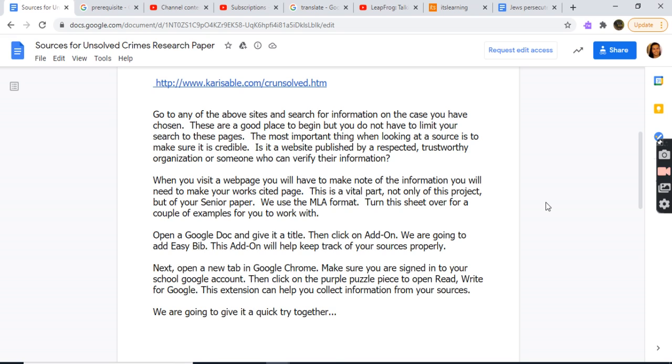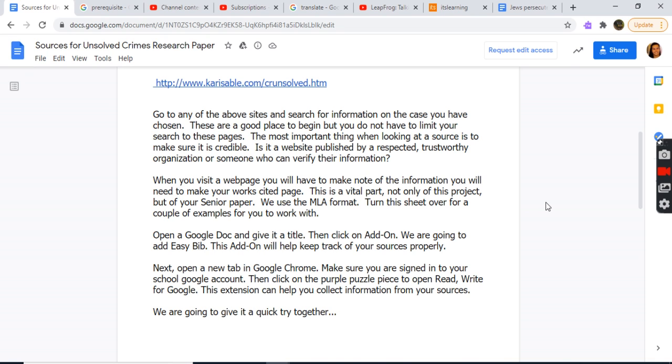These are a good place to begin, but you do not have to limit your research to these pages. The most important thing when looking at a source is to make sure it is credible. It is a website published by a respected, trustworthy organization or someone who can verify further information. When you visit the page, you will have to make a note of the information you will need to make